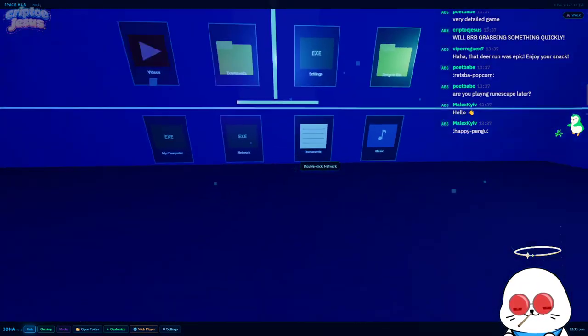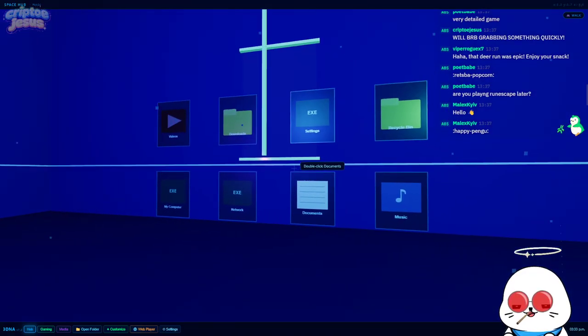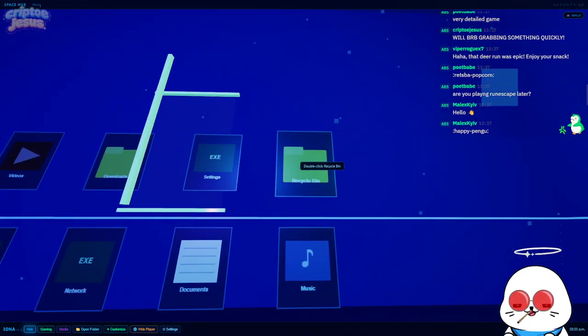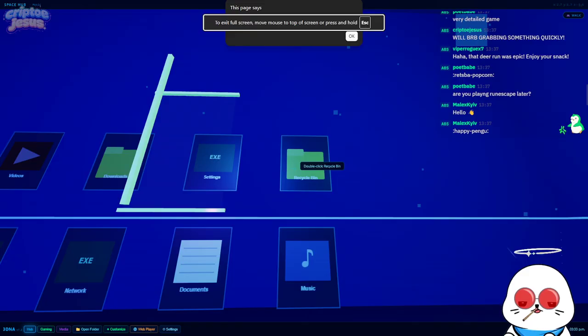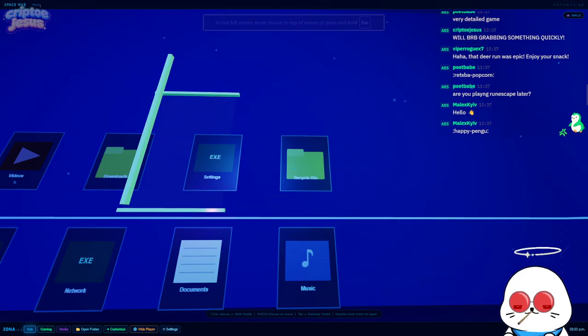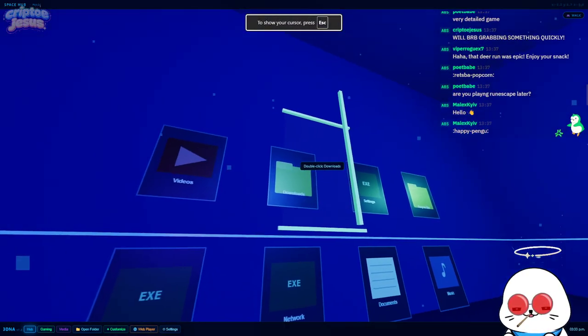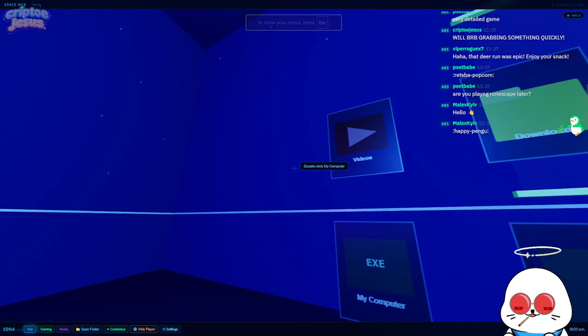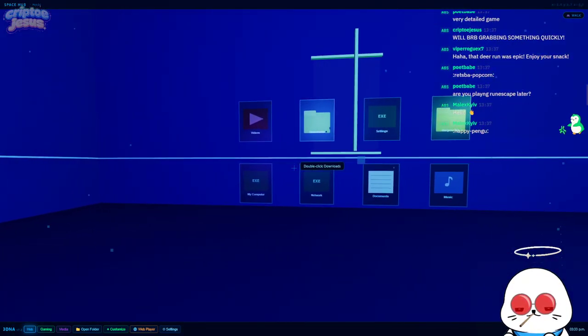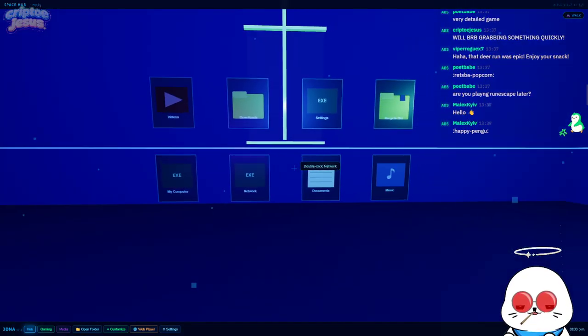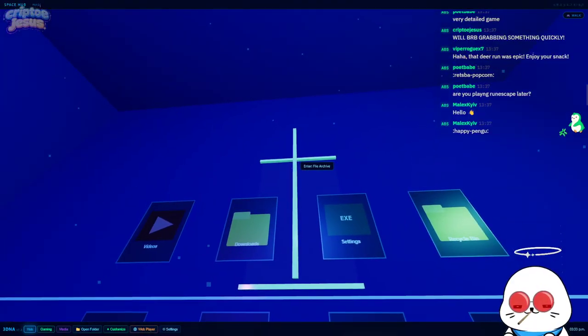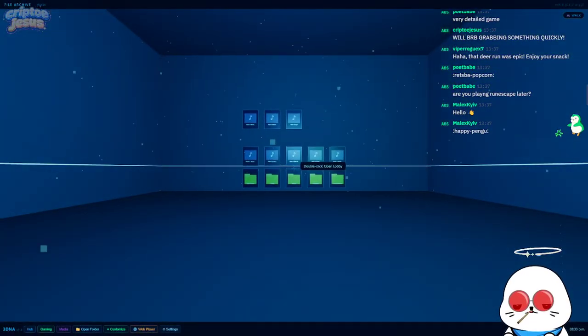The idea is that you can access your files and folders. However, some of it is buggy at the moment. I am still working on it. But the idea is that you'll be able to open up all your files and folders right here. Just like that,